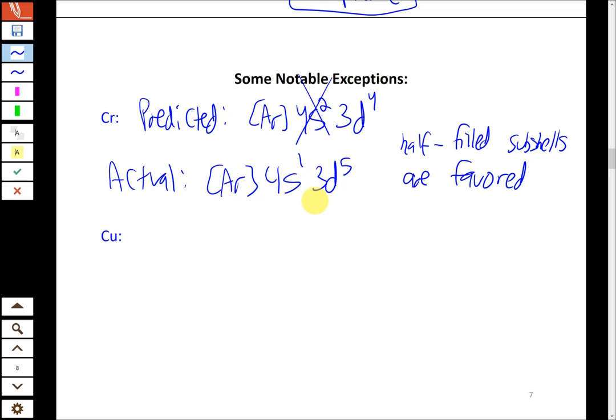So making those half-filled subshells can be favorable in some cases, so this is one we expect you to remember. As I said, only 2 that we expect you to remember, so don't get too worried about this. And then for copper, we have a similar situation occurring. So if we predict the electron configuration for copper,